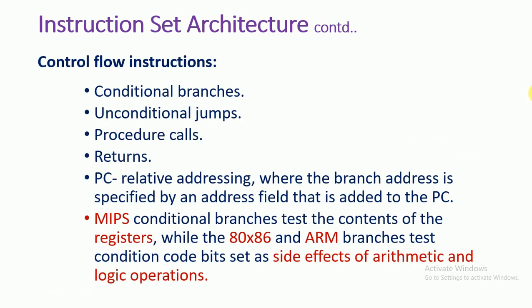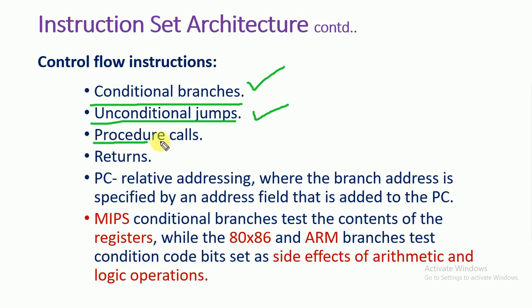We'll now look at the features of the control flow instructions that we have already mentioned. They use conditional branches. We can have some condition and accordingly the branch moves from one location to another location. Then we can have unconditional jumps directly, like going to some label. That is also possible for several processes.